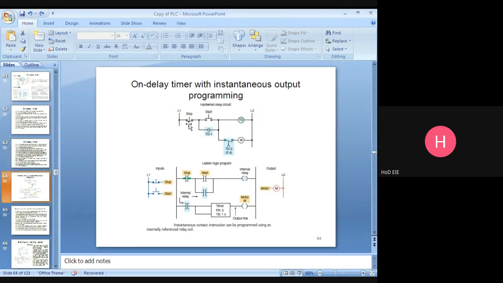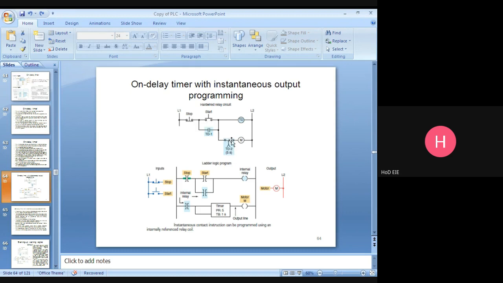Okay. This one is the emergency stop button. If any process is going and you want to stop it in the middle, you can press the switch, and immediately the total process will be stopped. This one is a normally closed condition emergency stop push button. This one is the start push button, a momentary close switch.